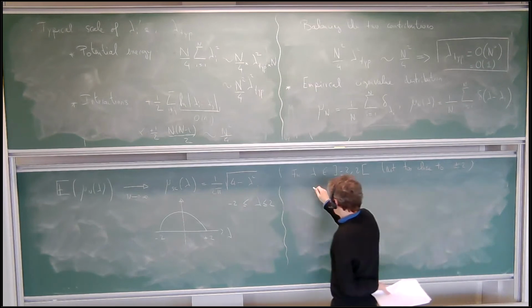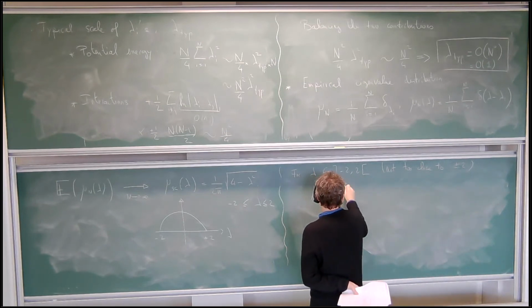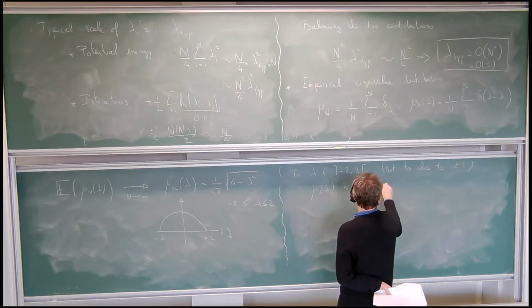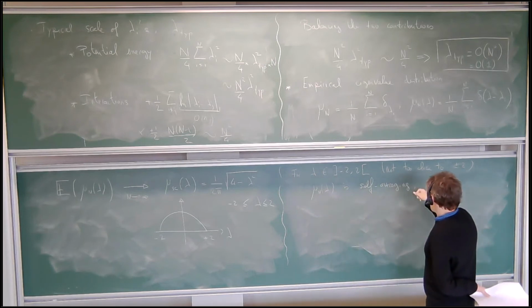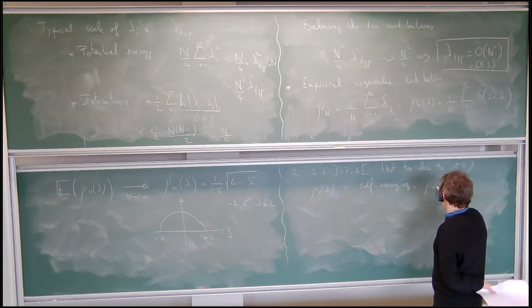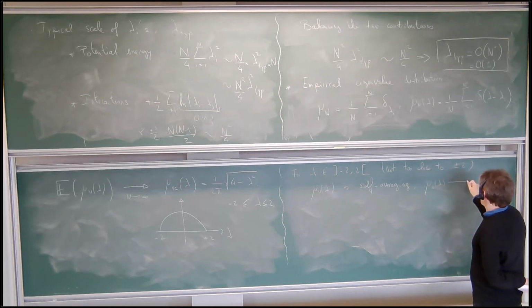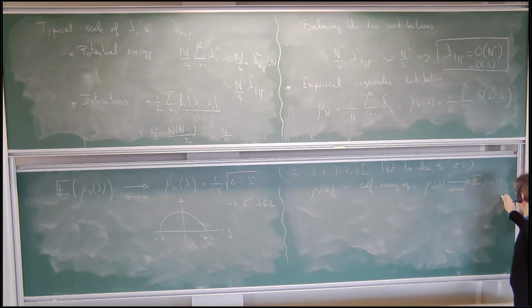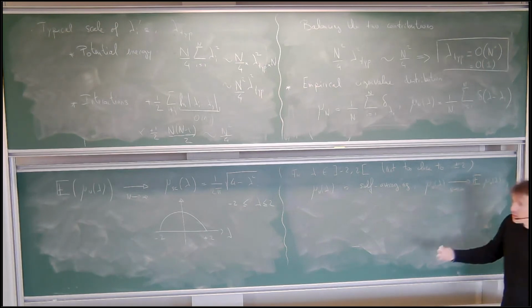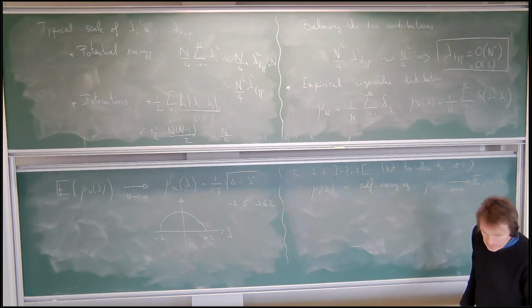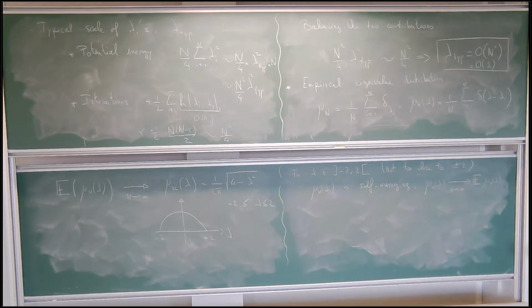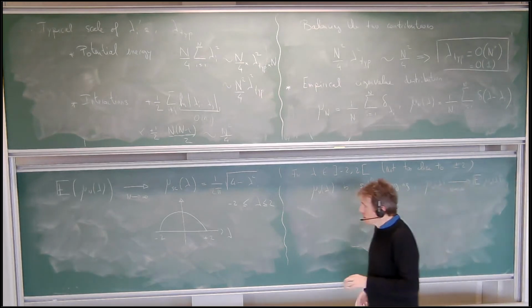It turns out that this mu n is self-averaging. Okay, that means that mu n of lambda, indeed, when n goes to infinity, okay. So the fluctuations, if you want, of this function are extremely small as n goes to infinity. Okay, so that's a very nice result, very simple,